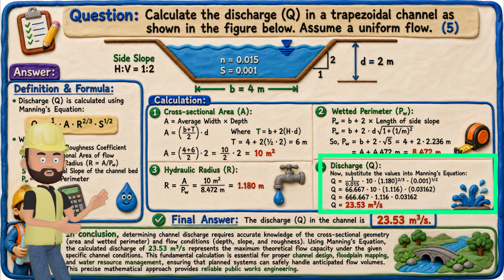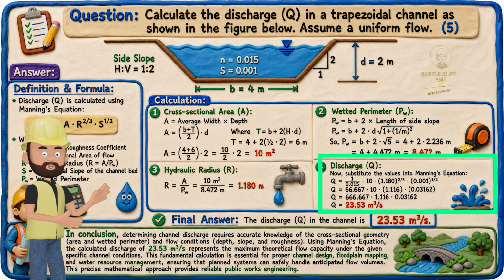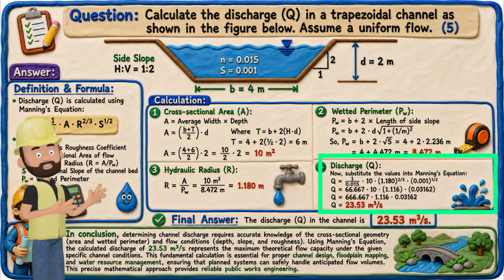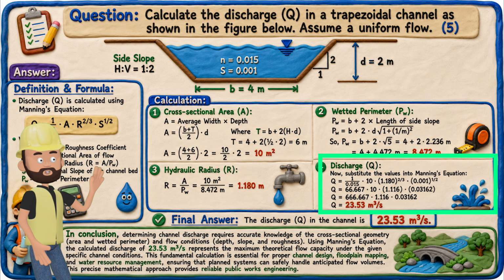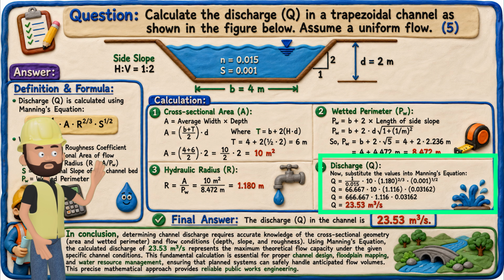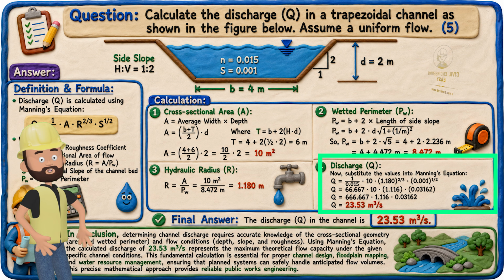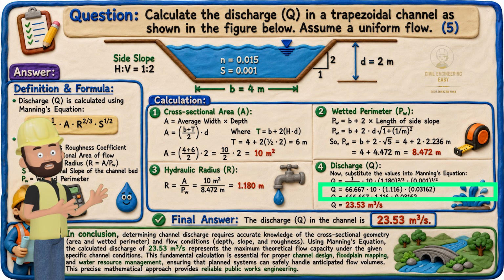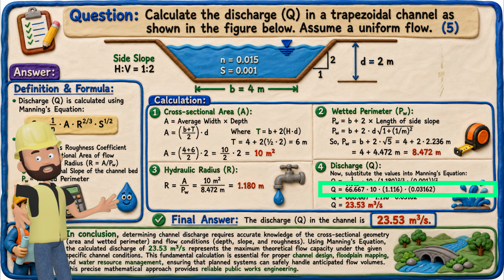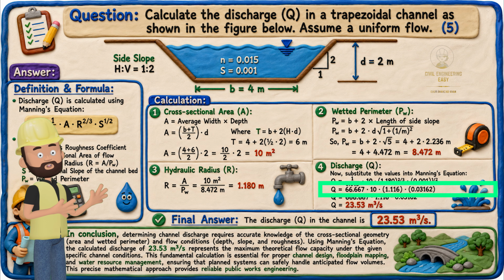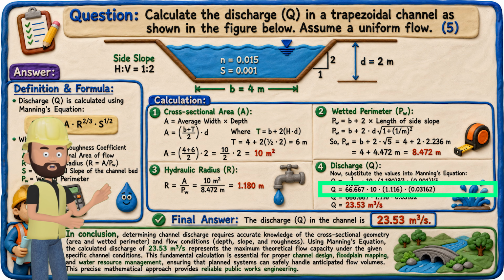Step 4. Discharge calculation. Finally, we substitute all our values into Manning's equation. Q equals 1 divided by 0.05 multiplied by 10 multiplied by 1.180 to the power of 2/3 multiplied by 0.01 to the power of 1/2. This simplifies to Q equals 66.667 multiplied by 10 multiplied by 1.116 multiplied by